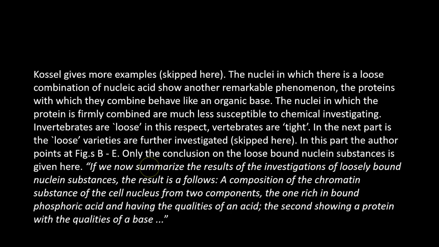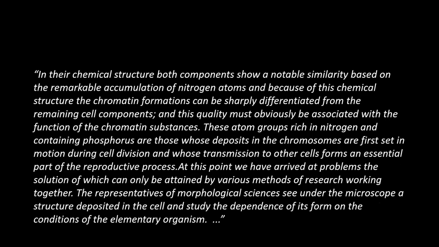If we now summarize the results of the investigations of loosely bound nuclear substances, the results are as follows. The chromatin substance of the nucleus is composed of two compounds, one rich in bound phosphoric acid and having the qualities of an acid, the second a protein with the qualities of a base. In the chemical structure, both components show a notable similarity based on the remarkable combination of nitrogen atoms, and because of this chemical structure, the chromatin foundations can be sharply differentiated,